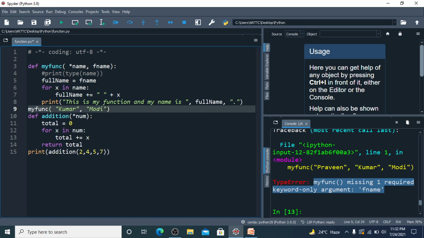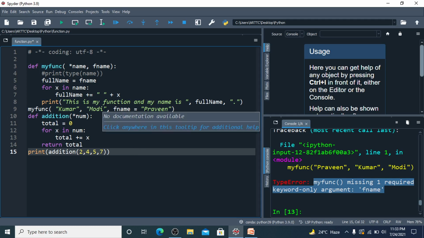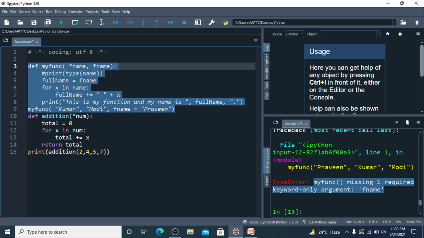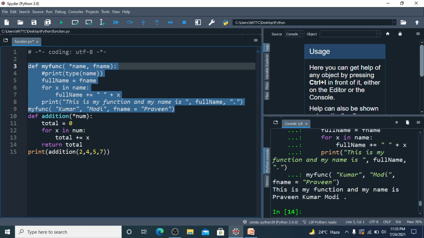We need to follow this fname, Praveen. So what will happen now? We can use this way, fname is equal to Praveen. And if we try to print here, it is printing Praveen Kumar Modi.